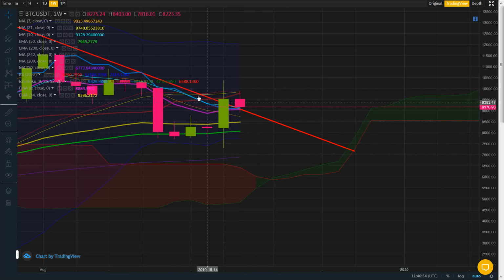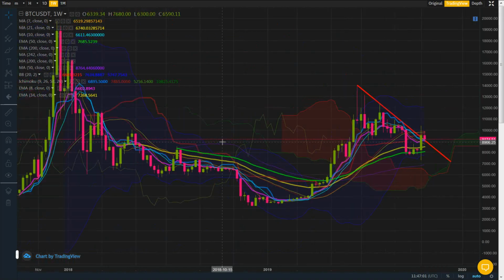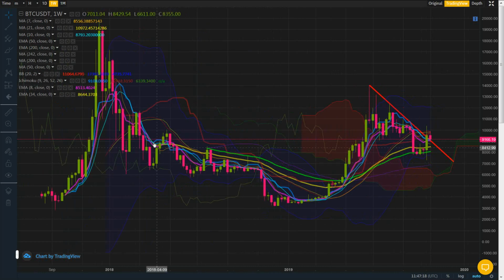Now, if this continuation happens, which it should generally do, a continuation of the move down after an Ichimoku cloud cross, because I'll tell you something, Bitcoin is a young asset. Even though it's 10 years old, it's still very young. Ichimoku clouds work best on long-term assets because they spot long-term trends and cycles and tell you which way it's likely to continue. Now, we had an Ichimoku cloud cross here to the down for the first time on this chart